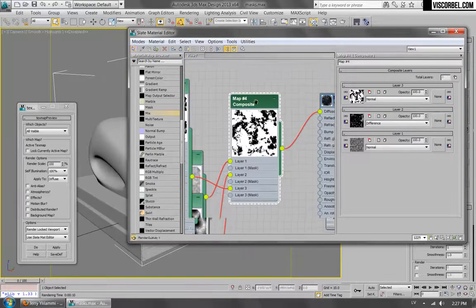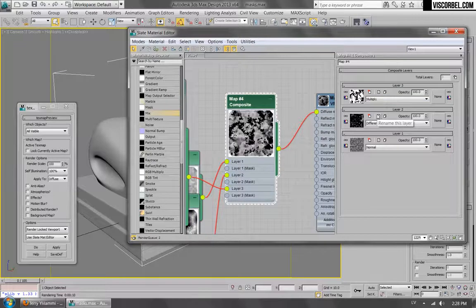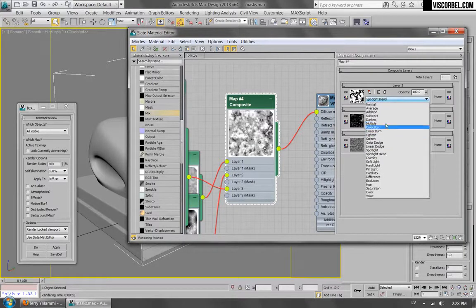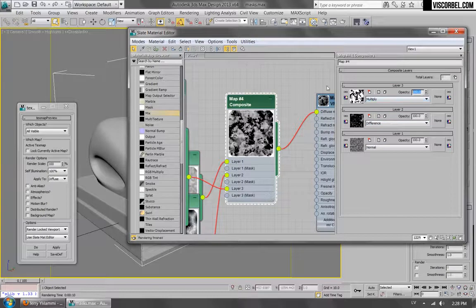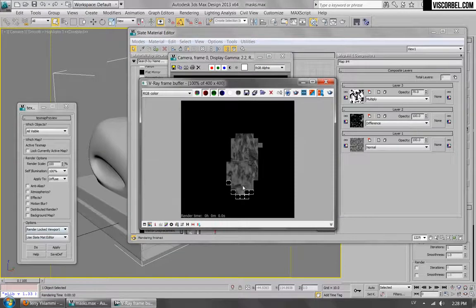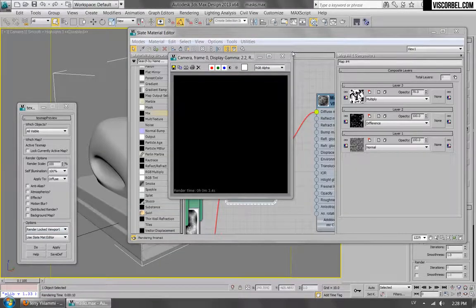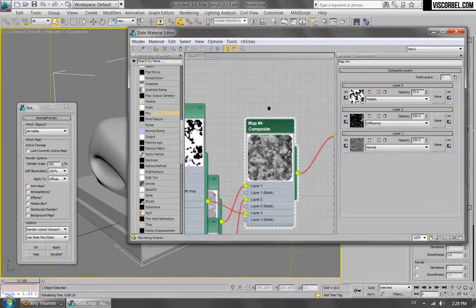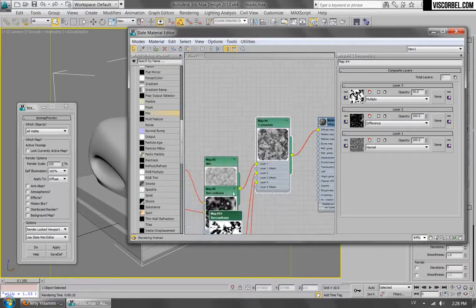So back to our composite map, try some different blending modes. And I think I'm going to go with multiply, and reduce the opacity to maybe 50, 60, okay, 70. All right, and then let's add a new layer,